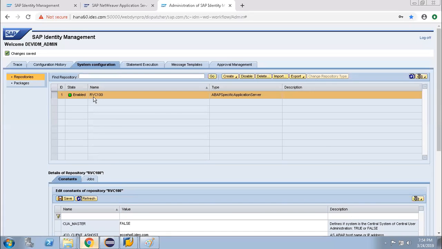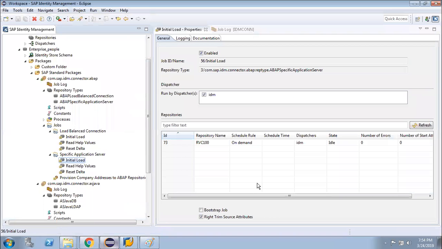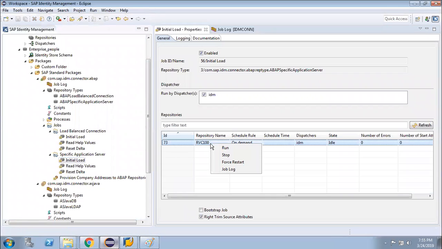So I have put all that information and saved it. Now go back to the UI. Here I right click on the properties. Here I have the system. Okay, now I can run it.